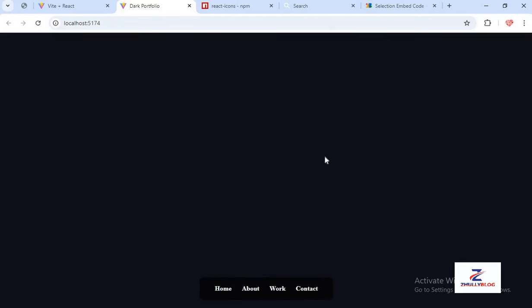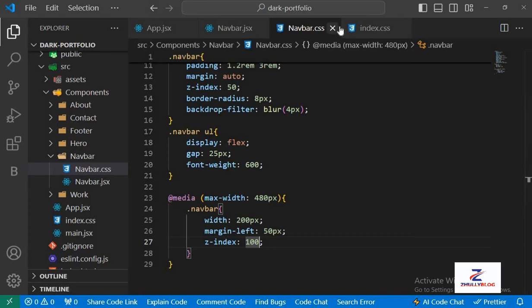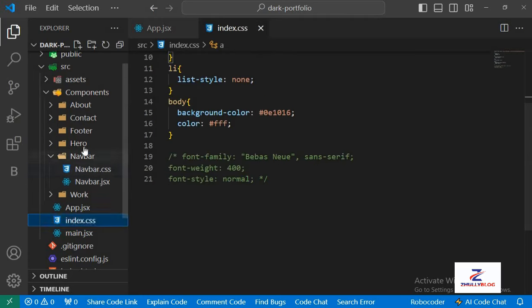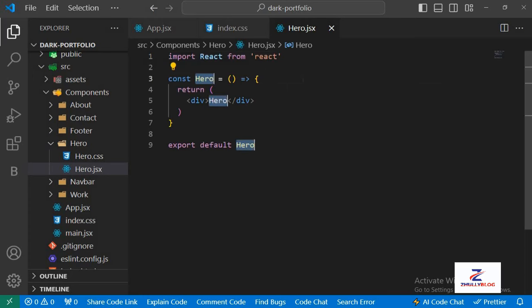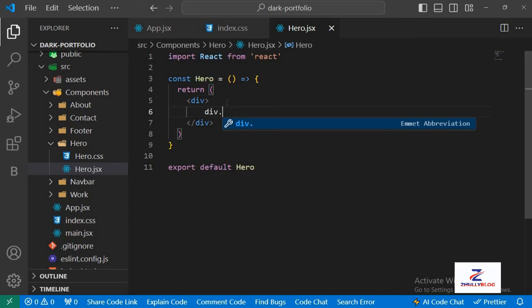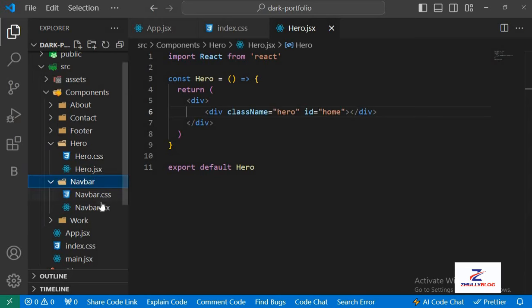All right, so the next thing we need to work on now is the hero section. So I'm just going to close this file, close this file, close this as well, then open my Hero folder and the Hero RAFC to create a functional React app. And then I'm just going to clear this. Now I'm creating a div tag with a class name of hero, also with an ID of hero, right? Remember,